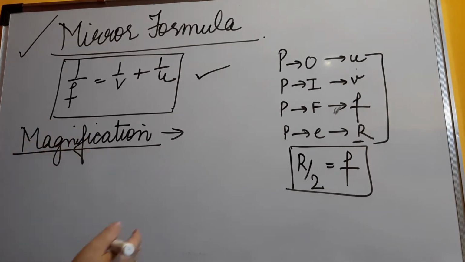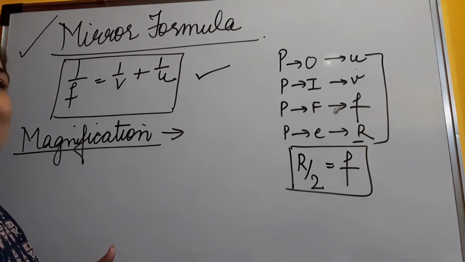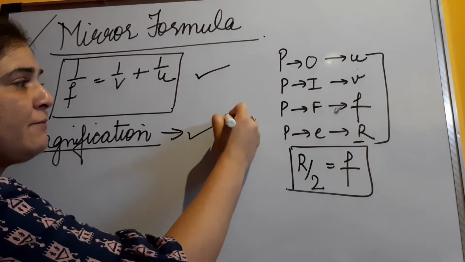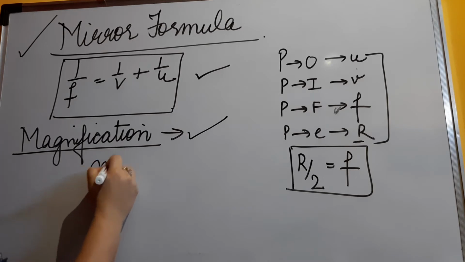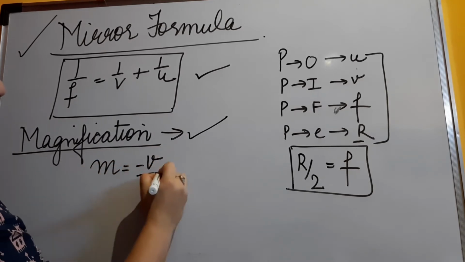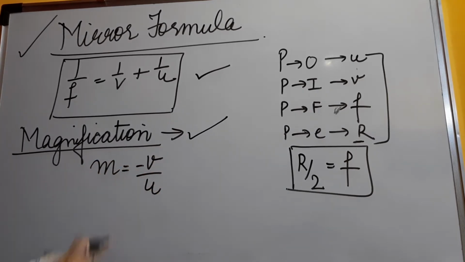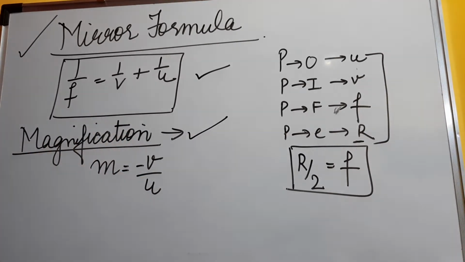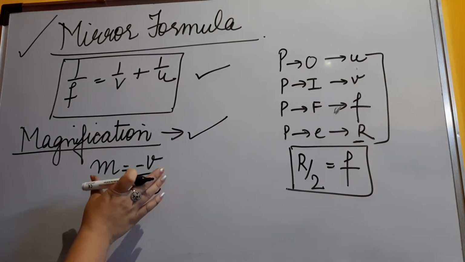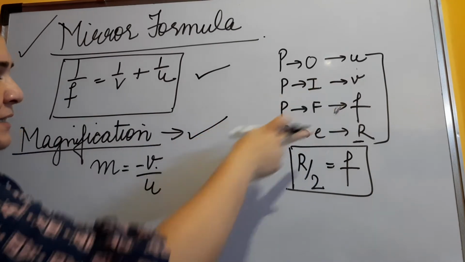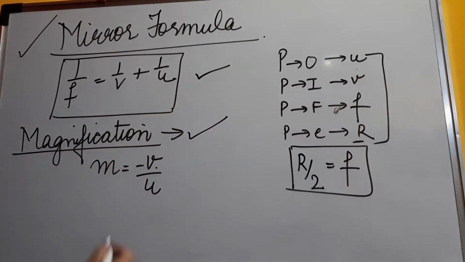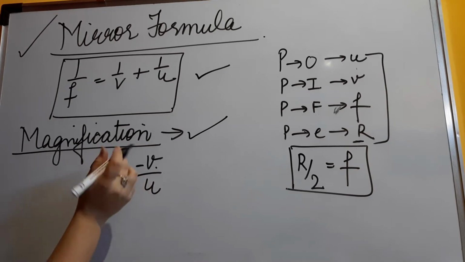There was a column wherein we had talked about size. Somewhere you had written point size, somewhere diminished, enlarged, highly enlarged. So this magnification will give you this, and for magnification we have one more formula. Magnification is given by minus of v by u. Why does this negative sign come? Because there is a derivation that has to be followed to find this formula. It's not there in 10th standard, so we are just going to talk about the formula itself. Here v is the image distance and u is the object distance.